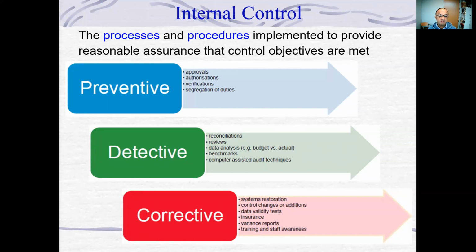And here, once we find the error from detective control, we have to take an action for the executive management and hopefully the audit committee to correct any variance and ensure that it doesn't happen in the future. So here we make system restoration if some viruses come to the system, control changes, data validity, insurance. In case we found an employee stole some money, we can get it back through the insurance policy